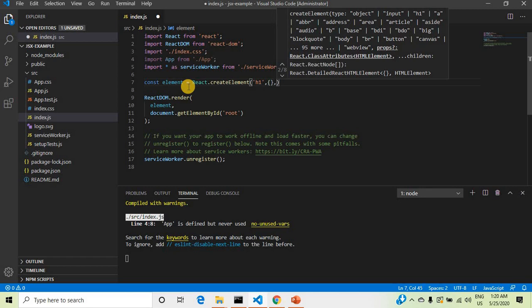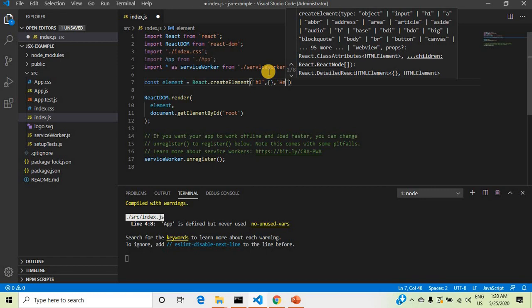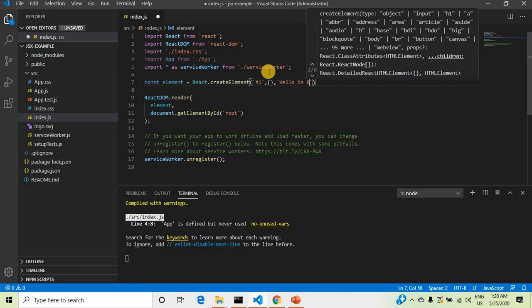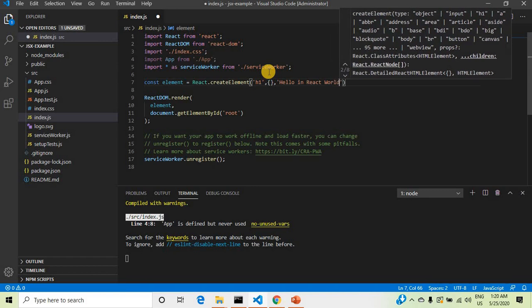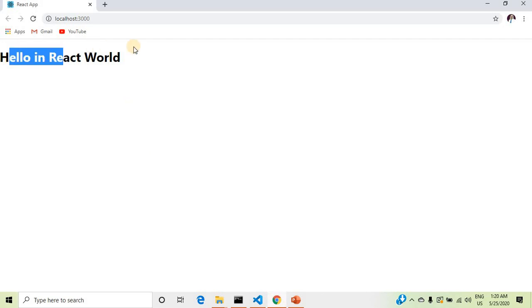I don't want to send any parameter, so I represent that with null. I want to print hello in React world. Save the application. So the hello in React world is displayed.